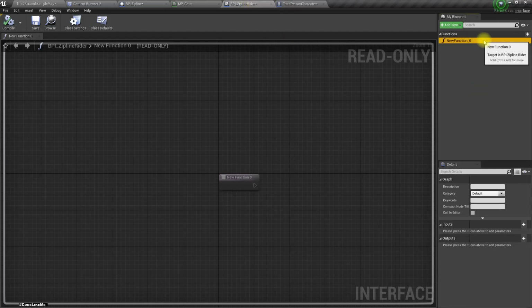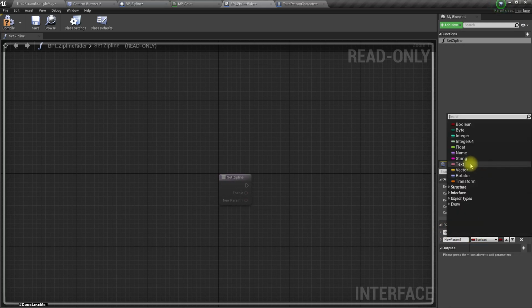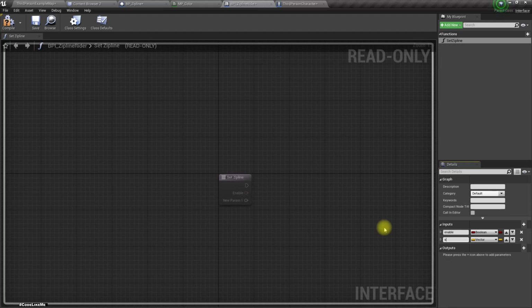Let's add a new function here, set zipline, and as the input I'll add enable, and also I'll add another parameter in the type of vector3, vector start position and end position. Okay, all right,